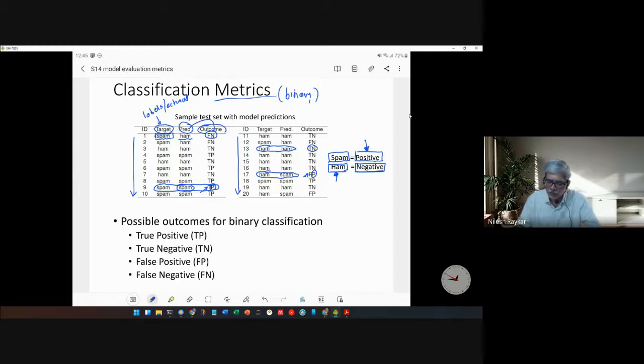So what this metric depends on is the number of these. So you can have only these 4 combinations. Which is true positive, then you have true negative. So match with positive labels, match with negative labels. Then you have false positive, that is mismatch, where you are predicting positive label, and false negative, mismatch where you are predicting negative labels. So you count how many are there in each of these categories, and these numbers are used for the further classification. So can you count and tell me how many true positives are there? So you have to just simply count in this table how many true positives are there and how many true negatives are there.